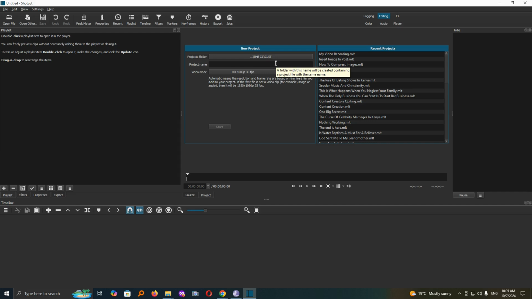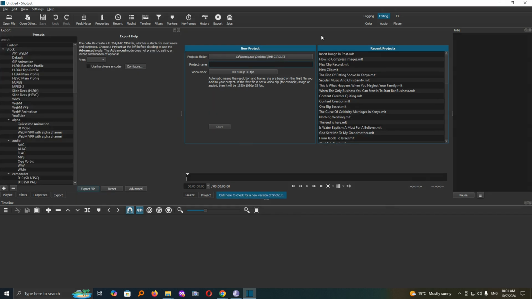I'll take you through all the steps you need to follow to be able to start editing with Shotcut. By the way, Shotcut is a free software that helps you to edit your videos. So you want to start editing in Shotcut and you are wondering, how do you add your video file? Now, it is simple. So the first thing you need to do once you open Shotcut, you will be met